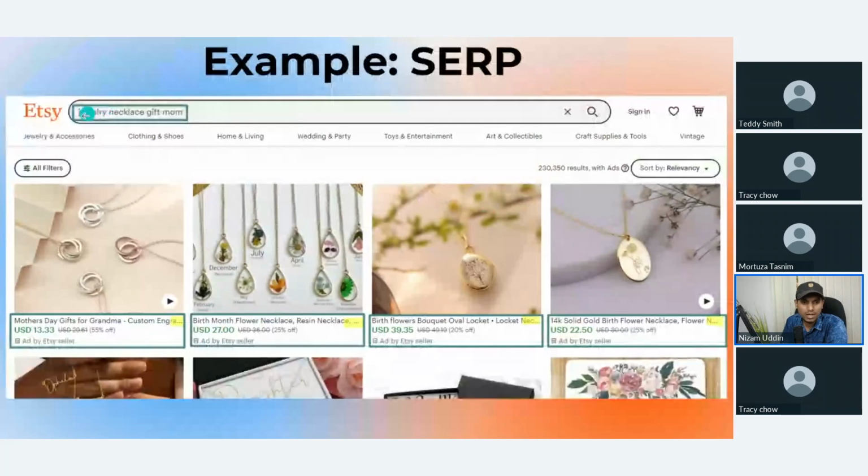So here you see that I checked with jewelry, necklace, gift, mom. For this keyword, you see that there are some products. For this product, you see that the initial few characters are showing here. So it's very important to utilize this